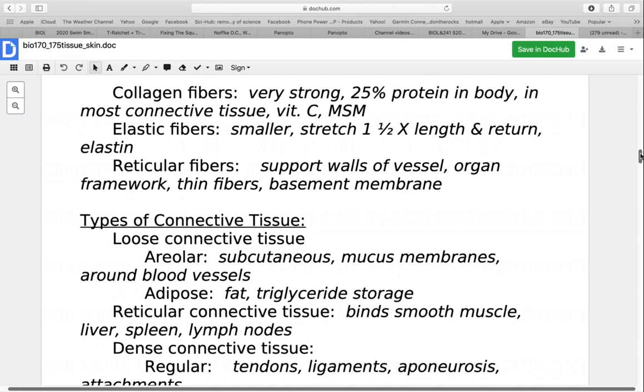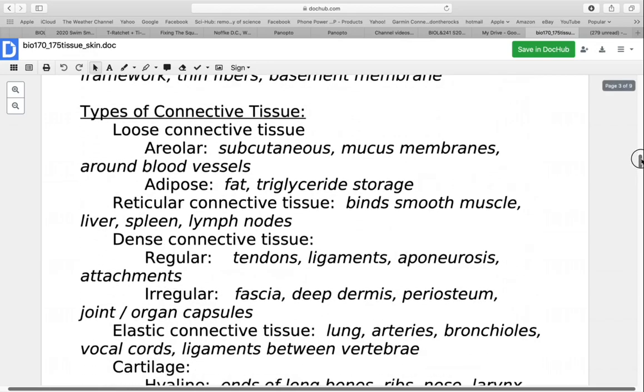Reticular fibers, these are in the support walls of vessels. They help make up organ framework. They're thin fibers that help to support the basement membrane that other things are going to be built upon. So looking at our types of connective tissues here,